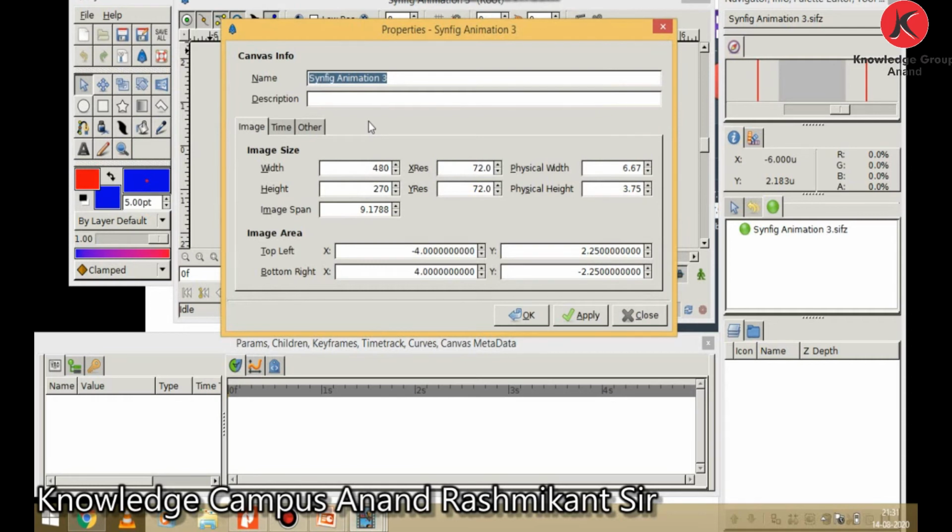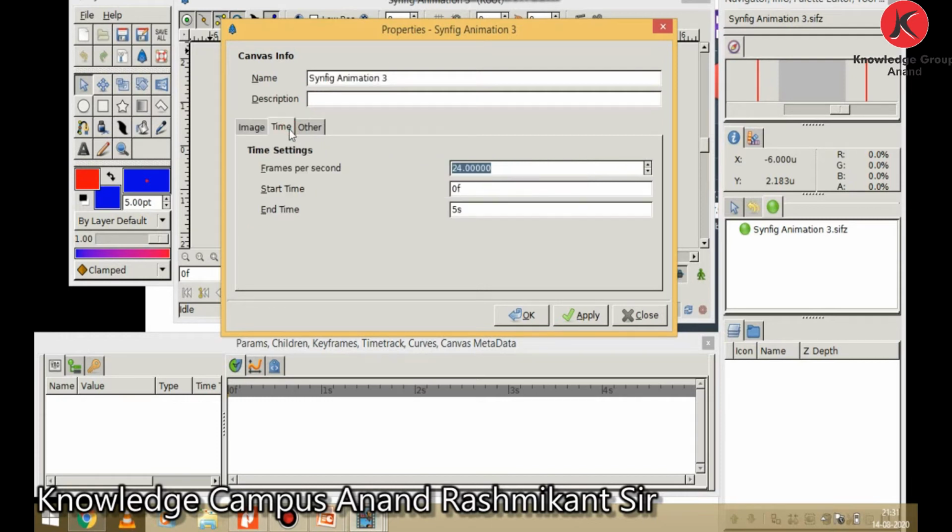In the window you can see three tabs, namely image, time and other. The image tab is used to set the image size and image area. The time tab is used for editing or setting the start time, end time and frames per second.